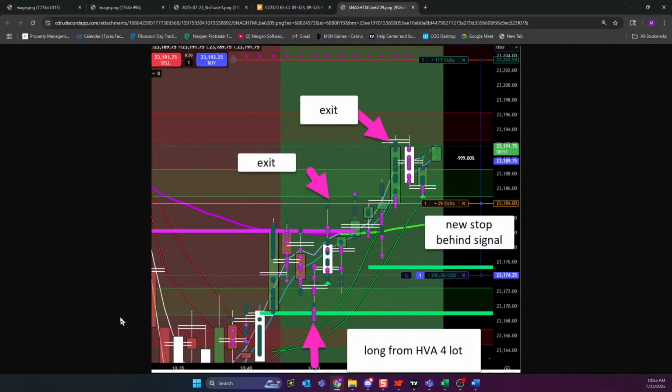Uh-oh, John, did you take the HVA trade? You did. Guys, remember when we said if the large chart hits a zone, if the small triggers roll, buy the green line? John Novak. We talked about this live, and John took it. And he took his first profits at treble. He took his second profits at treble. And the worst he can do on this trade is 39 ticks at 5 points a tick. So what is that? 5, 45, 4, 15. So the worst he can do is $195 on his runner.